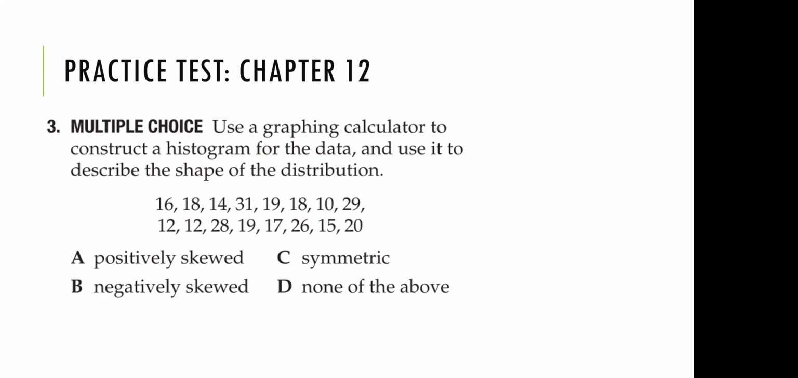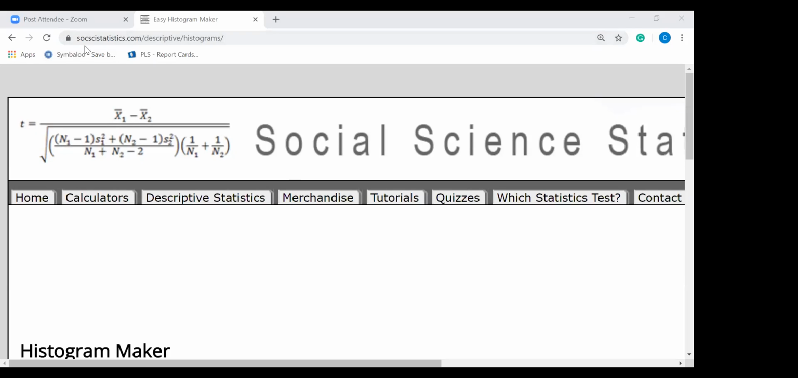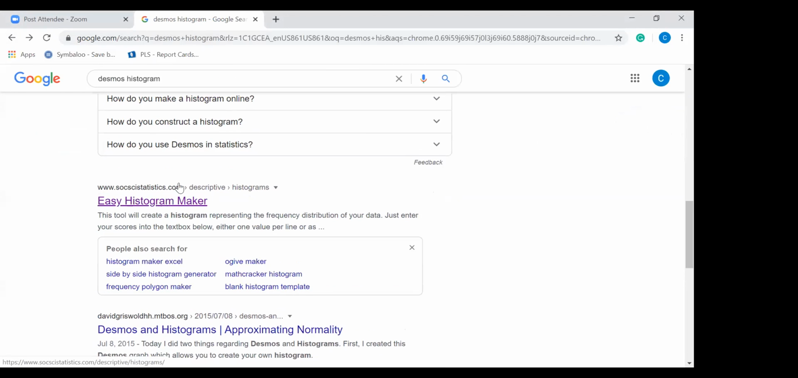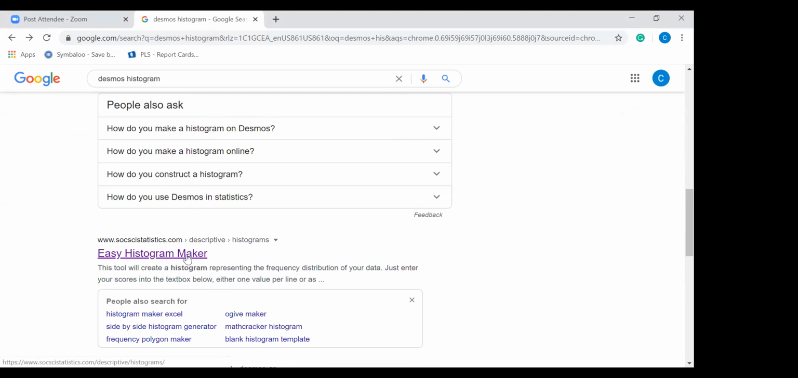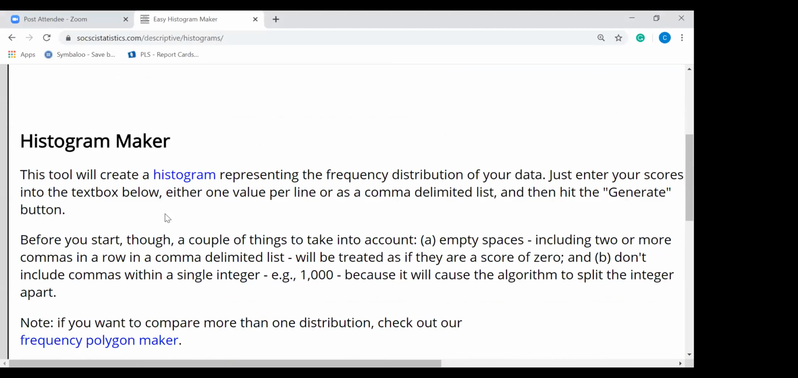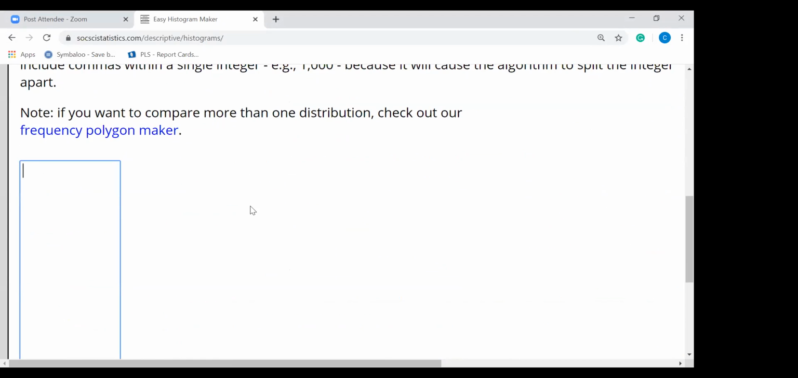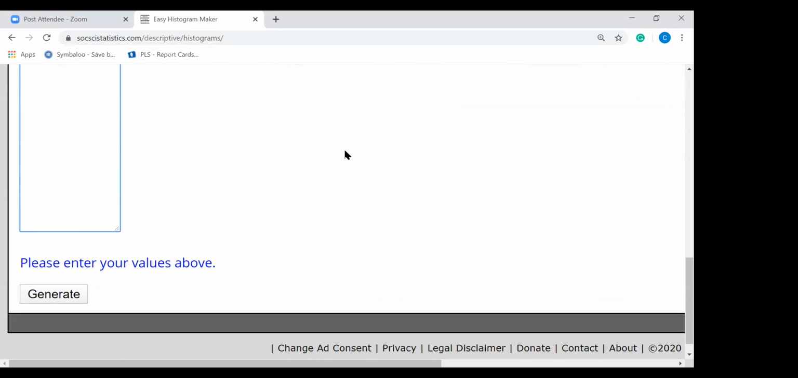this site. Pull it up real quick. Let me share it with you. Okay, so I just Googled Desmos histogram, and right here, if you scroll down, it's called Easy Histogram Maker. Okay, so if you click on that, here it is, a histogram maker, and you just enter all of your data here. So you would start entering your data one by one, and then at the bottom you would hit generate. Okay, and then when you do that, I've already done it, so